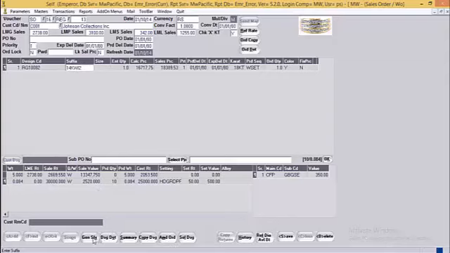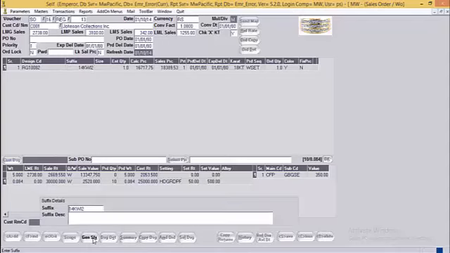Here there is a suffix description which the user can mention over here. To be more explanatory, he can mention 14 carat white gold and I1 quality.